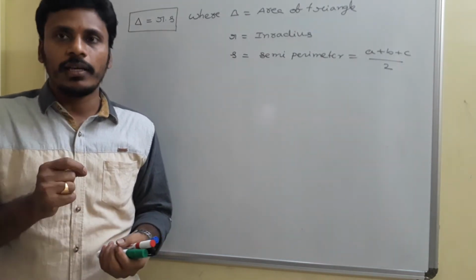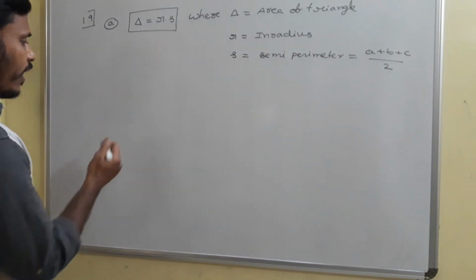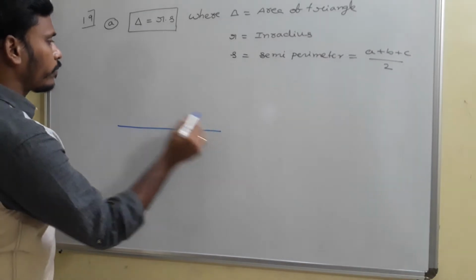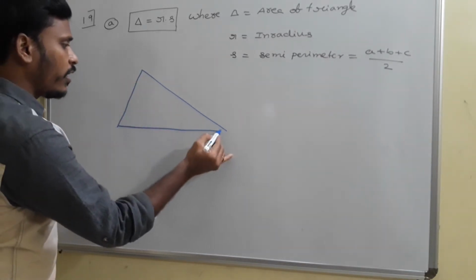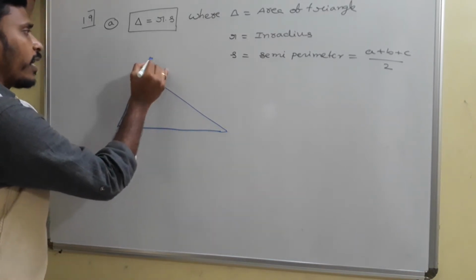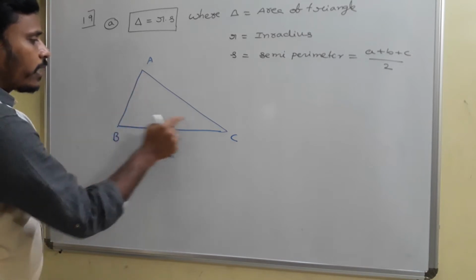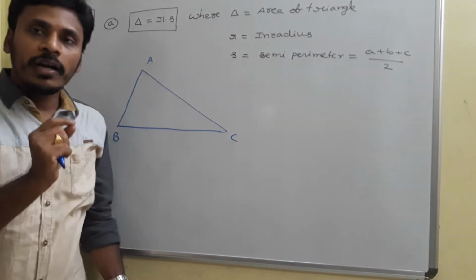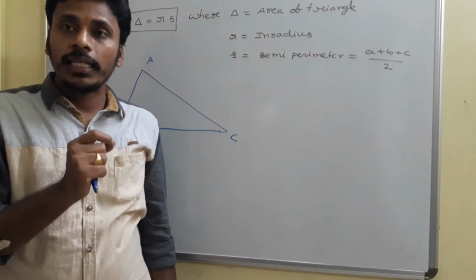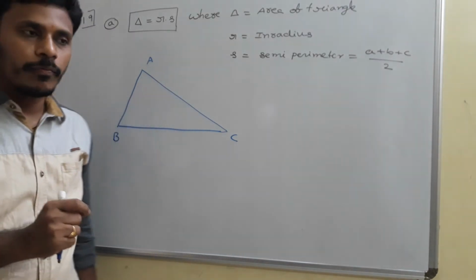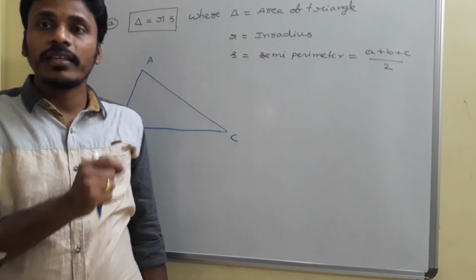In circle is basically, see, for a triangle, just look there. If I have a triangle, surely the triangle has 3 vertices, 3 sides and 3 angles. So if this is the triangle ABC, we can draw angular bisectors for each angle, and those 3 angular bisectors will meet at a point, and that point is the in center, and that in center is equidistant from all the 3 sides of the triangle.